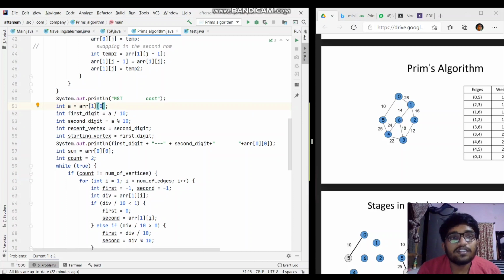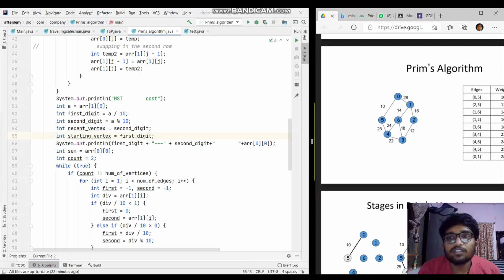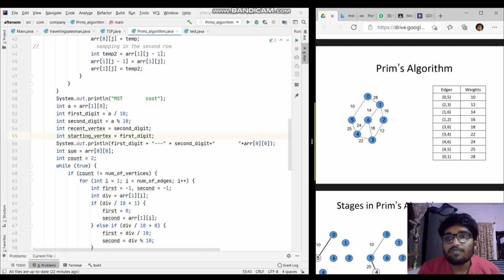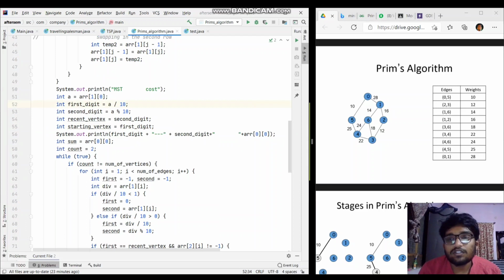So here we can see int recent vertex and starting vertex. Initially we'll consider the edge 0 and 5 because it has the minimum cost. Here we can see the table on the right hand side is nothing but the 2D array which we are talking about right now. So first, the edge to be included is 0 and 5, because the cost for that edge is minimum. So if you sort this array, automatically the minimum weight would come first, right? So based on that logic,